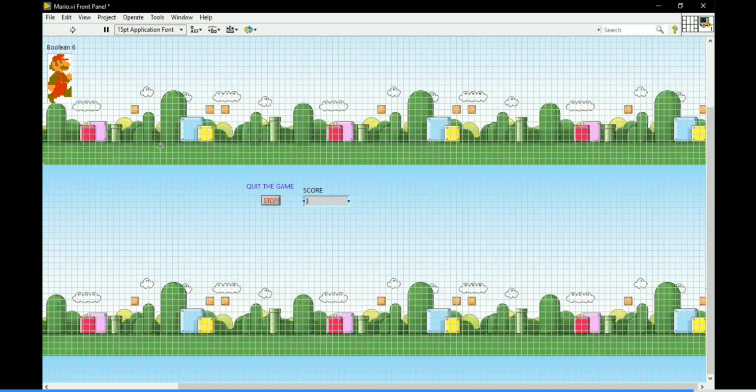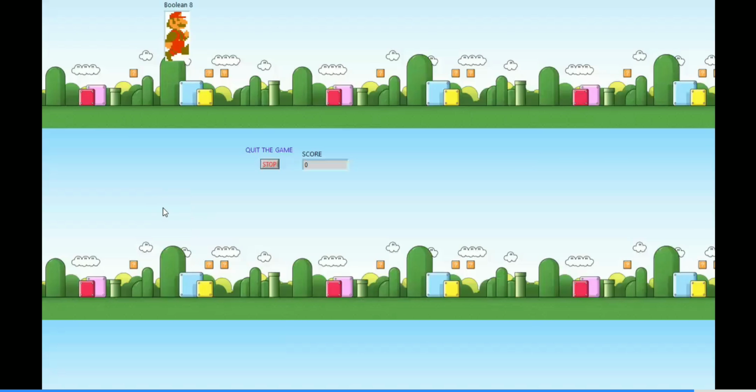So why I'm showing this problem to you is that, at the end of the training, with whatever we discussed, you will be able to develop this kind of program, like a gaming program, in LabVIEW. That's the reason I'm giving this kind of problem. Try to develop the program once I complete all the topics.